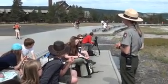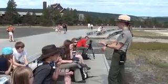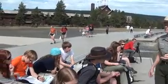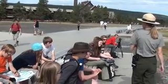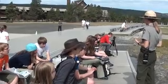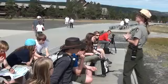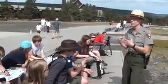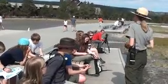Past that, you get to Morning Glory Pool. Morning Glory Pool was once one of the most famous pools in all of Yellowstone. It was Old Faithful, Morning Glory, and Fishing Cone. I mean, those were the three most famous things in this park in the late 1800s. And what happened in Morning Glory is that people could get so close to it that they would drop things into it. Coins, handkerchiefs, apparently unmentionables, bottles, that's my favorite, I don't know what that's all about. Bottles, cans, and as a result, Morning Glory wasn't as hot. Because it wasn't as hot, different thermophiles grew in it. It's not as pretty today as it once was. So you guys saw black